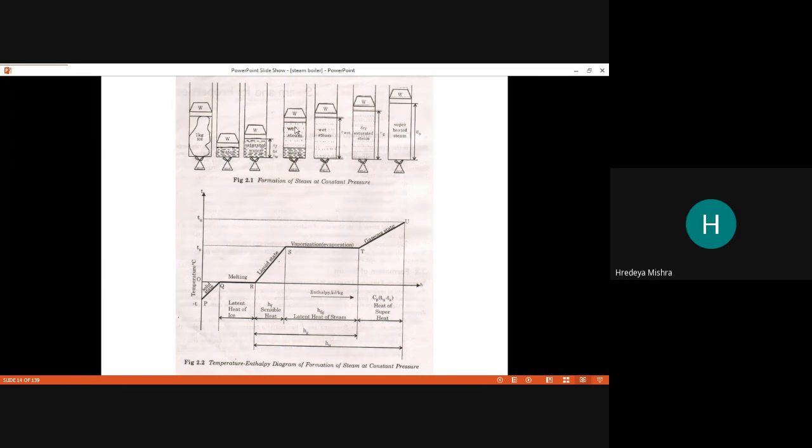Now in this phase, the water and steam are contained here, and at this stage all the water is converted to steam. This is called wet steam. The water molecules are present in the steam. After that, dry saturated steam, means some water particles are also there in dry saturated steam, and in the superheated steam there is no water content present in the steam.